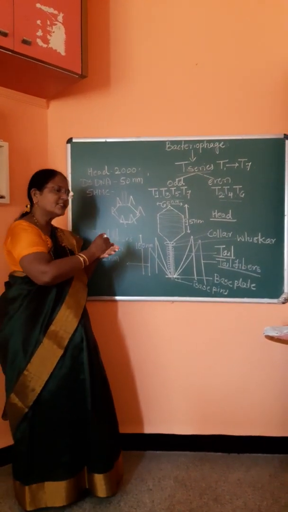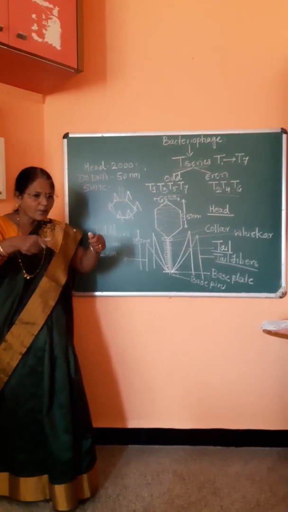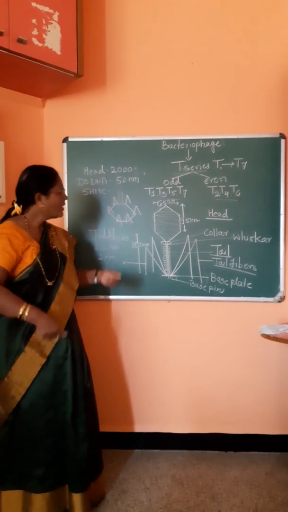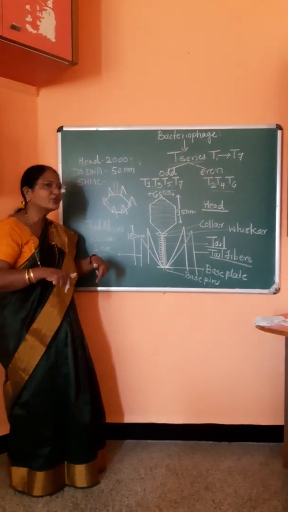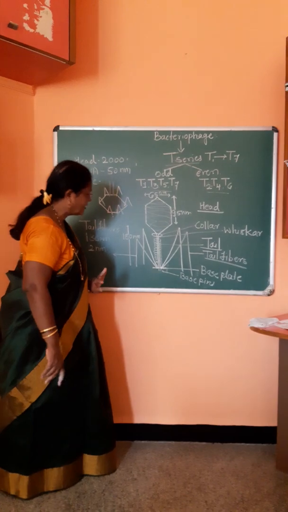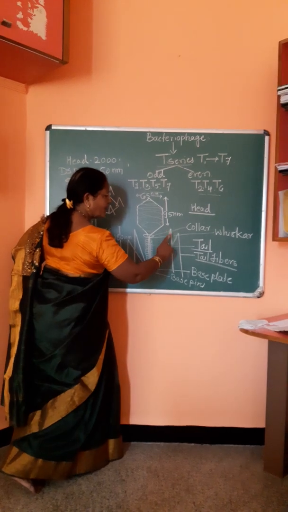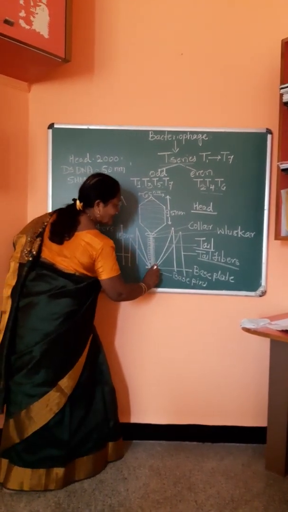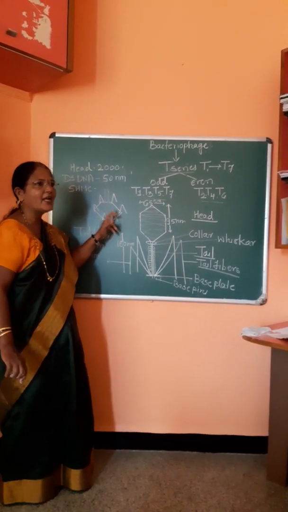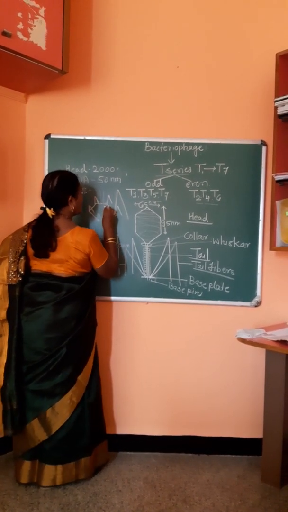When the viruses attach on the surface of the host cell, the pins first go and attach or fix to the cell wall of the host cell. And for the fixation, that is, for the adsorption process, these pins play a very important role. So this is the significance of pins. Now, one important major part remains, that is the tail fibers. So the tail fibers are present. These tail fibers protrude from the base plate, again arising from each corner.